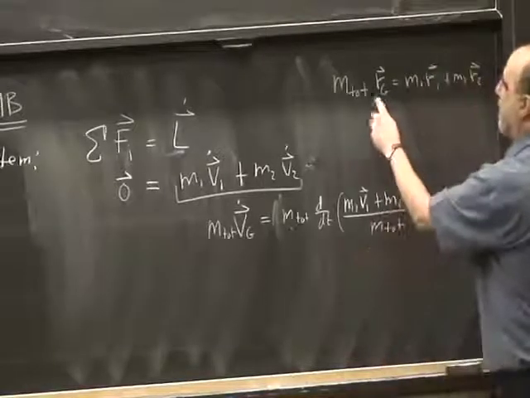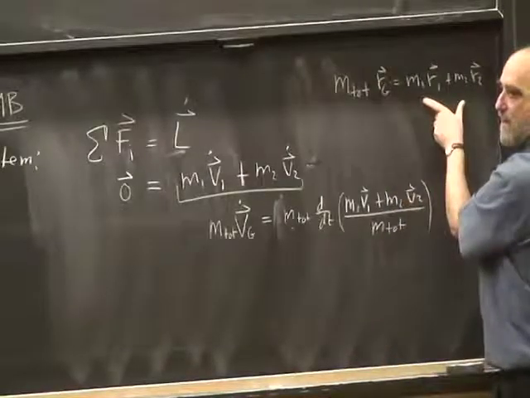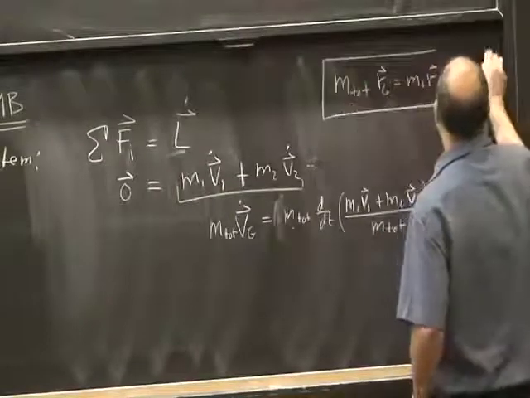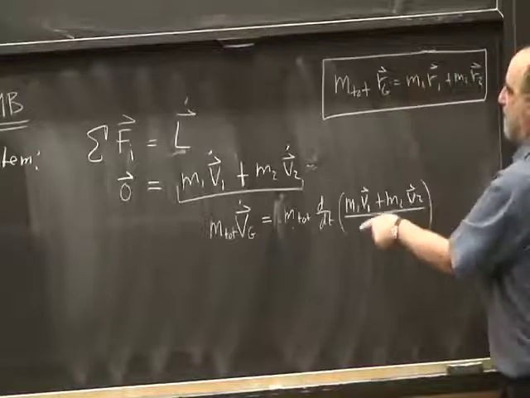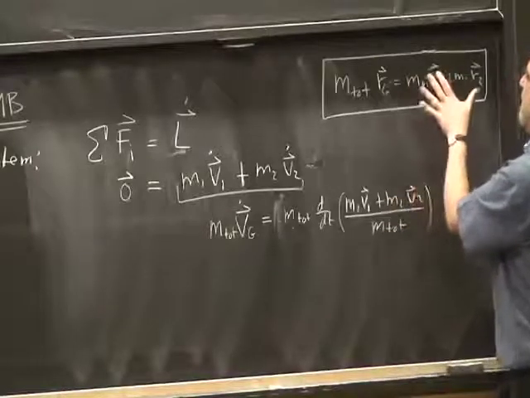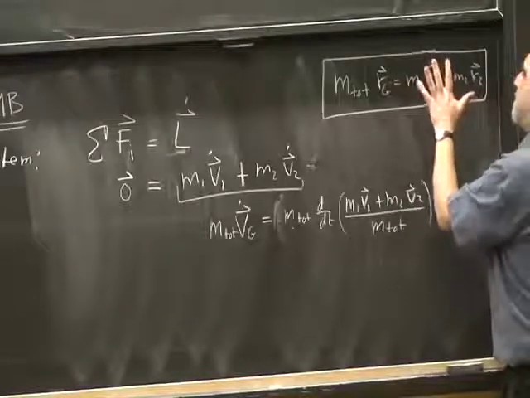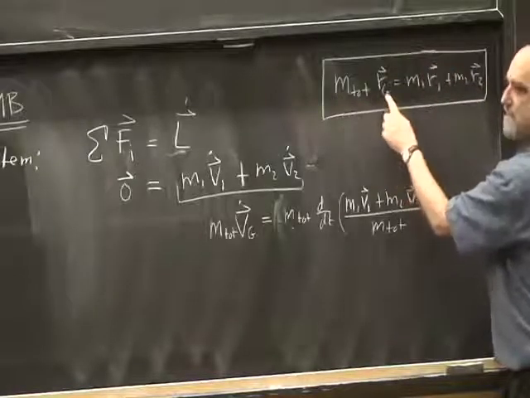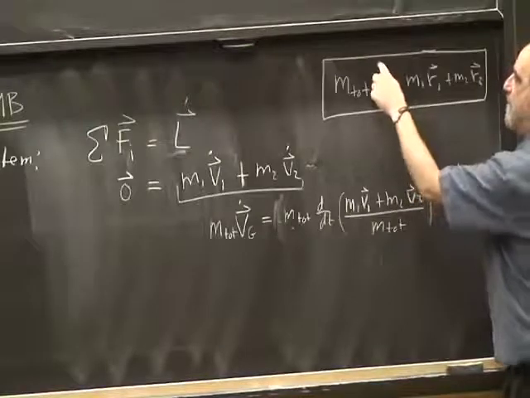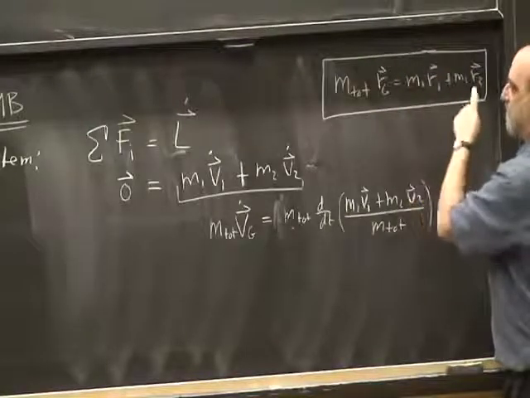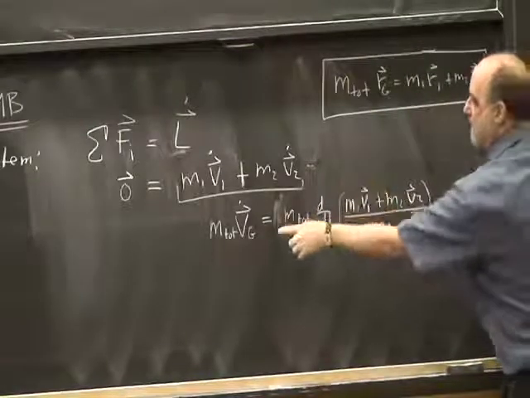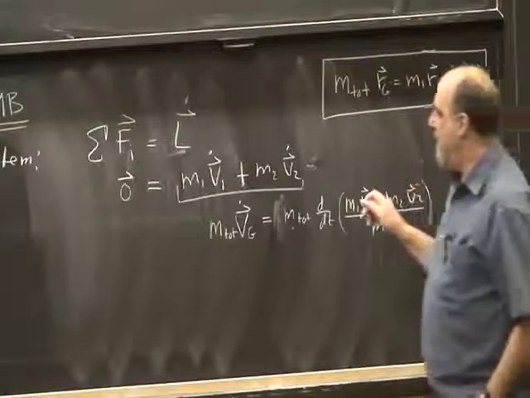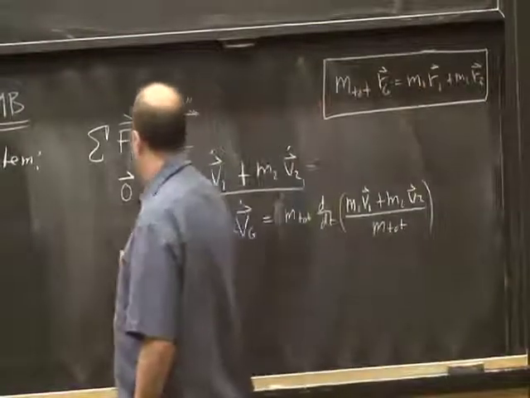Usually you think about the center of mass by putting the division over here, but I find this is actually the equation that you use most often when you're doing calculations, or in this case, the velocity version. What it says is that if you take a sum of all the masses times the positions, it's the same as the total mass times the position of the center of mass. And if you take the derivative of this with respect to time, it gives you this connection right here. Okay, so what we find is that Vg is equal to a constant.